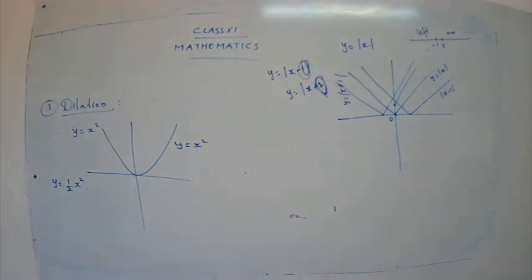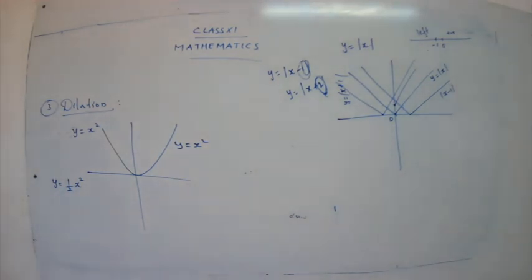And in the case of translation, we added or subtracted some value to x, or added or subtracted some value to the whole function. Now the third thing is that we are multiplying the function by a number. This number is called a multiplying factor. Here two types of multiplying factor will be used: one greater than 1 and one less than 1. So we have two cases.